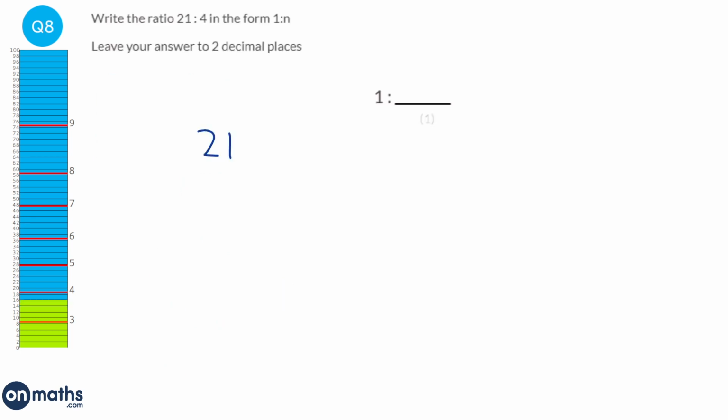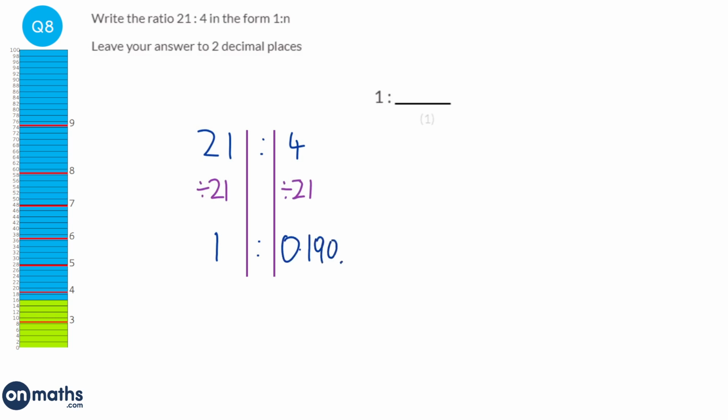So we're given 21 to 4 is the ratio. We're just going to have our lines in, because what we need to do is make the left hand side be 1. And to do that, for 21 I need to divide it by itself, divide it by 21, and we're going to do the same to the right hand side. So 21 divided by 21 is 1, perfect, that's what we wanted. 4 divided by 21 is 0.190 and so on. It says it wants it to 2 decimal places, so it's going to be 1 to